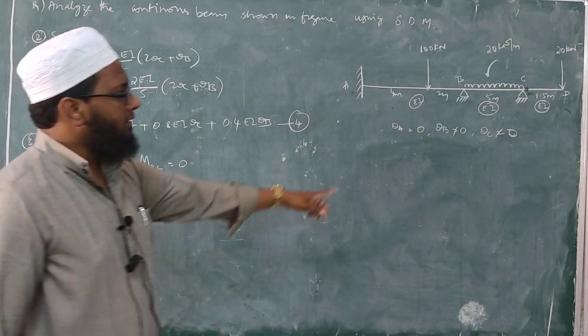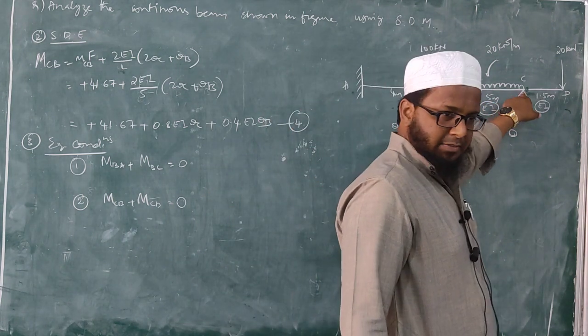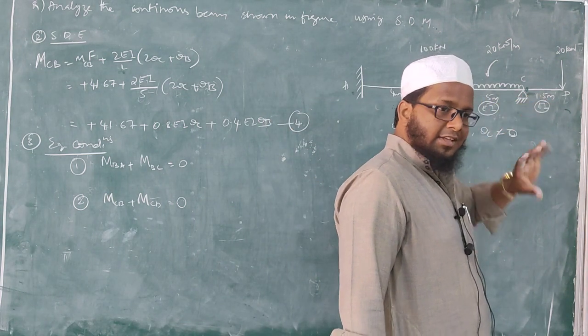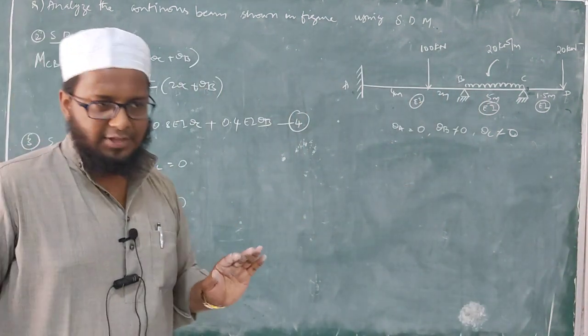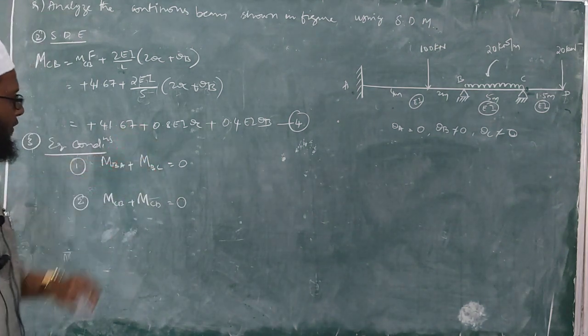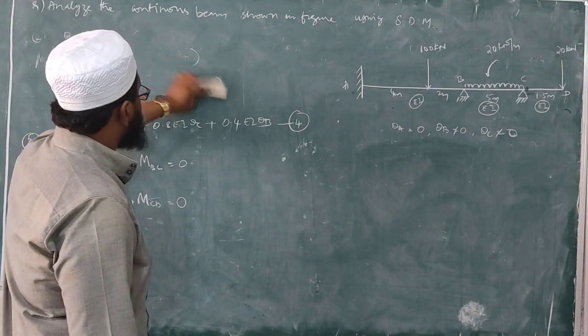Because see here, there should not be any moment at simply support. There should not be any moment at this simply support as well. But we are getting some value. So if you add both the values, you should get 0. That is why I will take down this one first. Okay. So the very first equilibrium equation is,